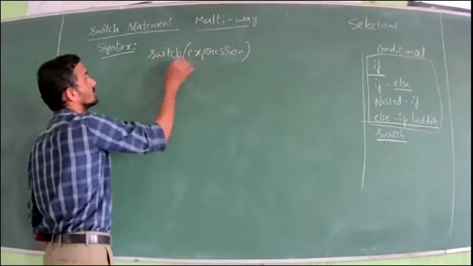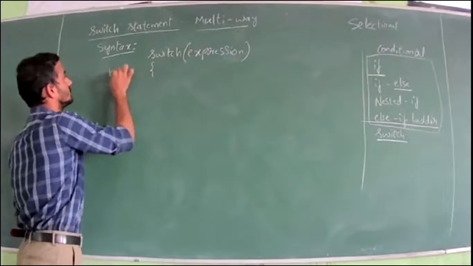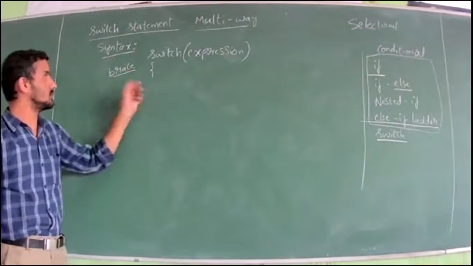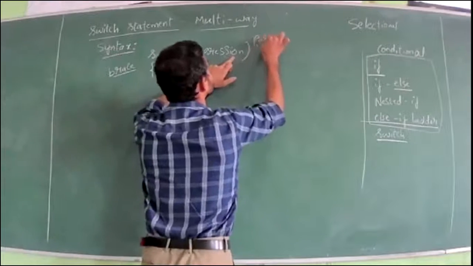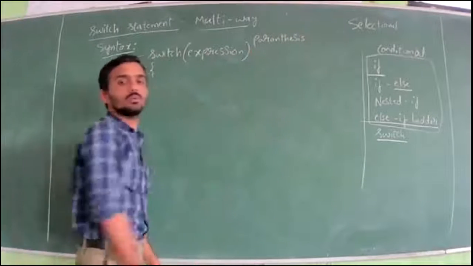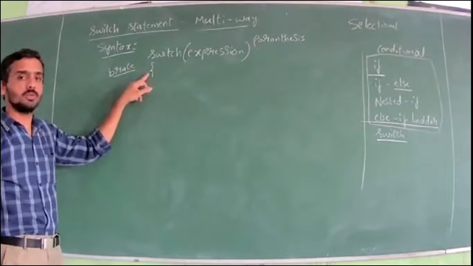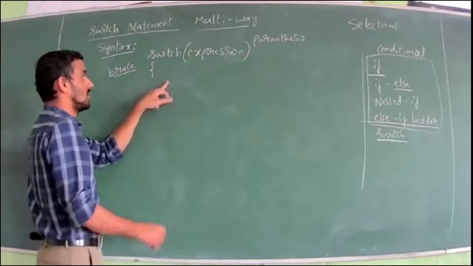Okay. Switch of expression, opening brace. See, I will be writing technical terms, remember. Don't call everything a bracket. So this is called a brace, and this is called a parenthesis. Whatever you call a bracket in mathematics is called a parenthesis, and whatever you call a floor bracket in mathematics is called a brace. Okay. So you have to open the brace. You leave at least one blank space.